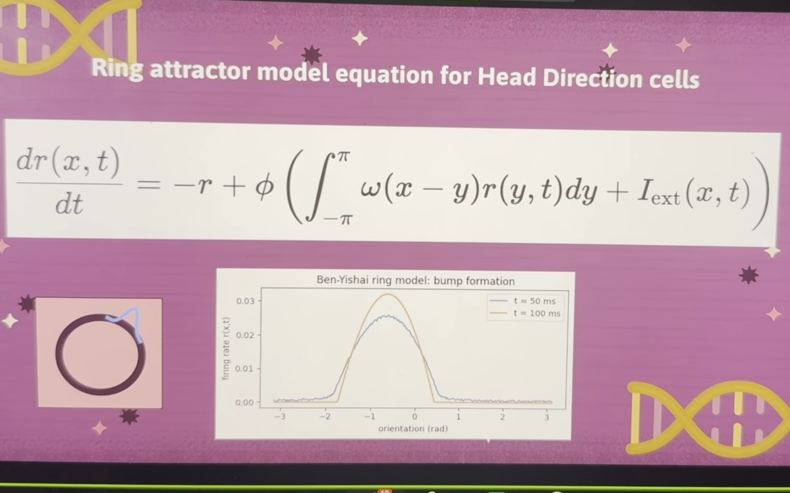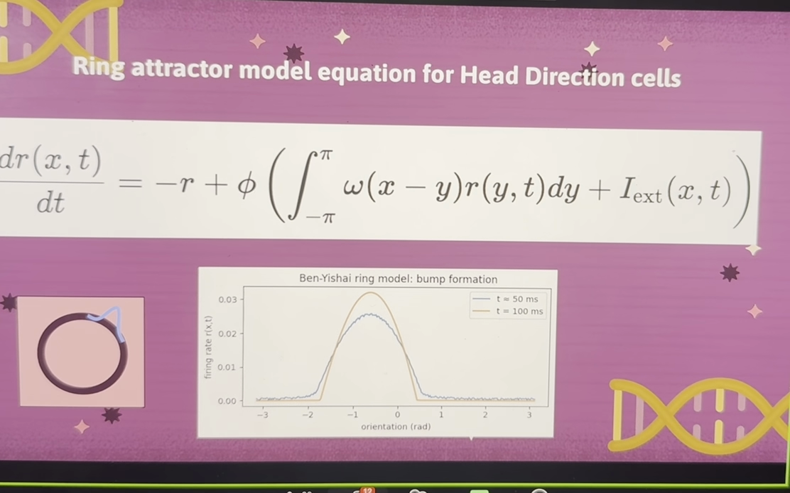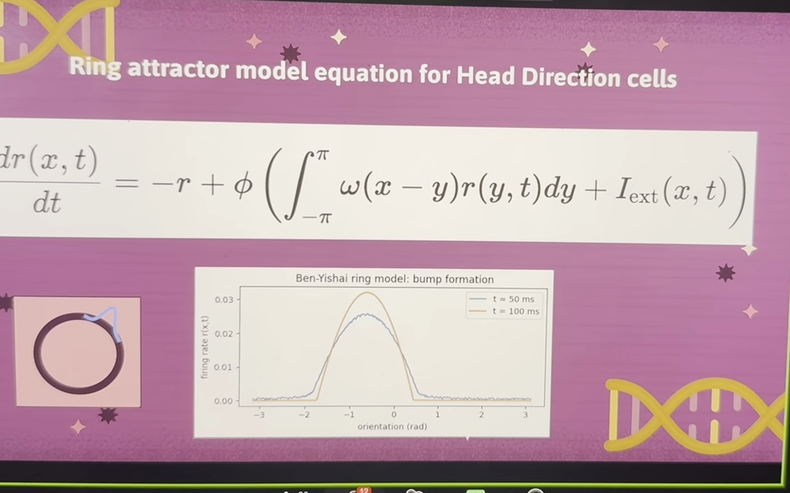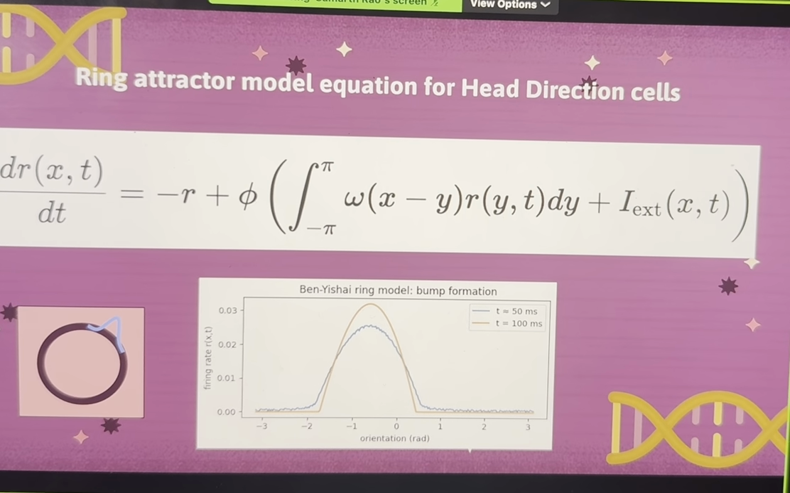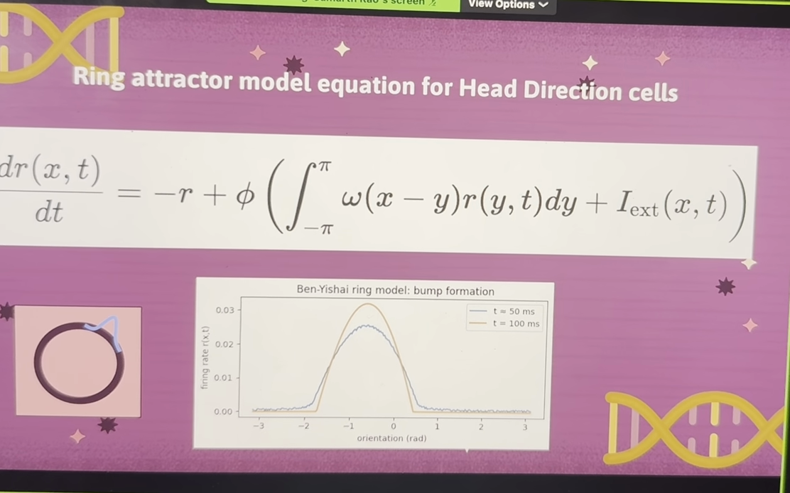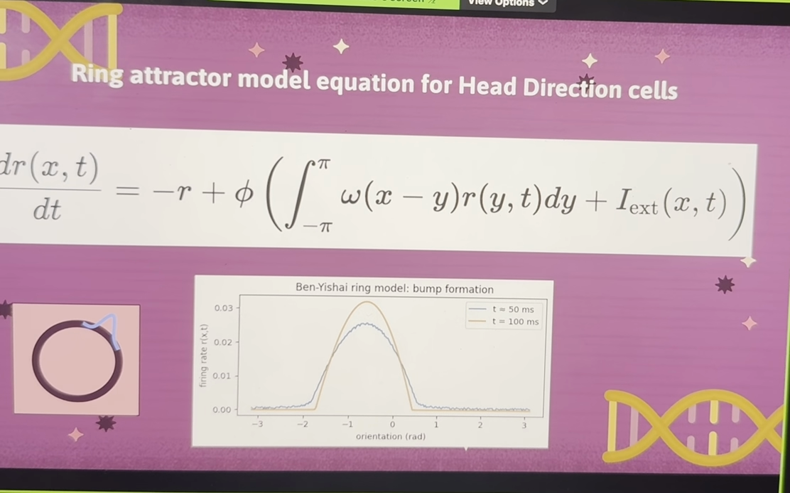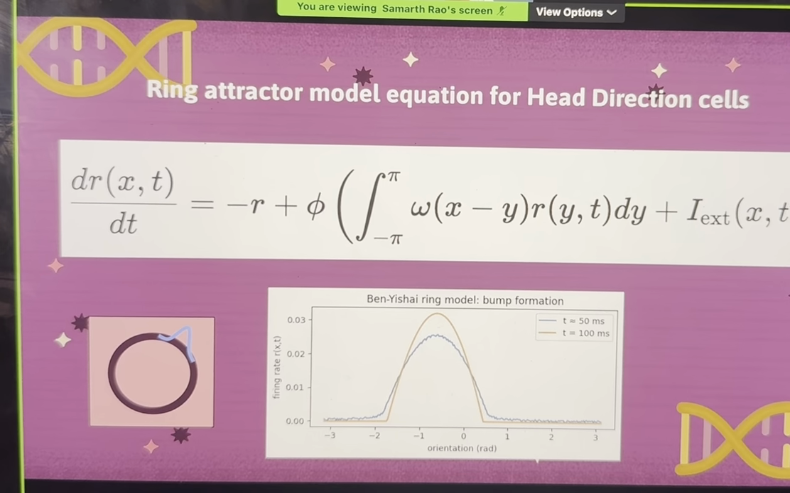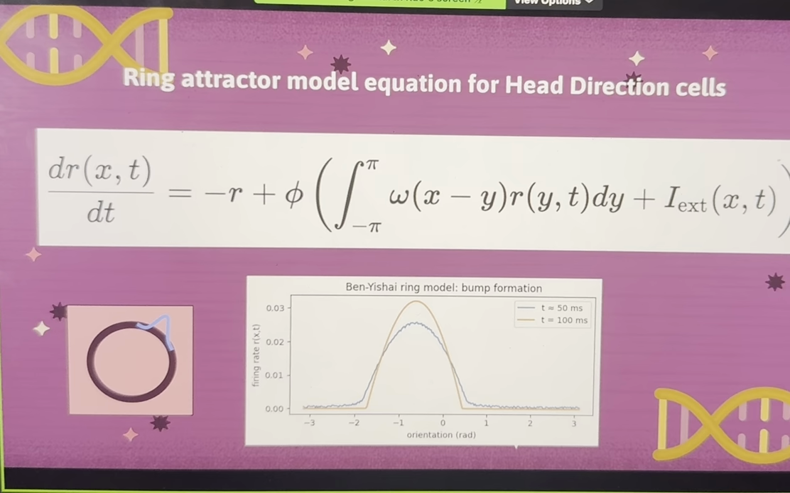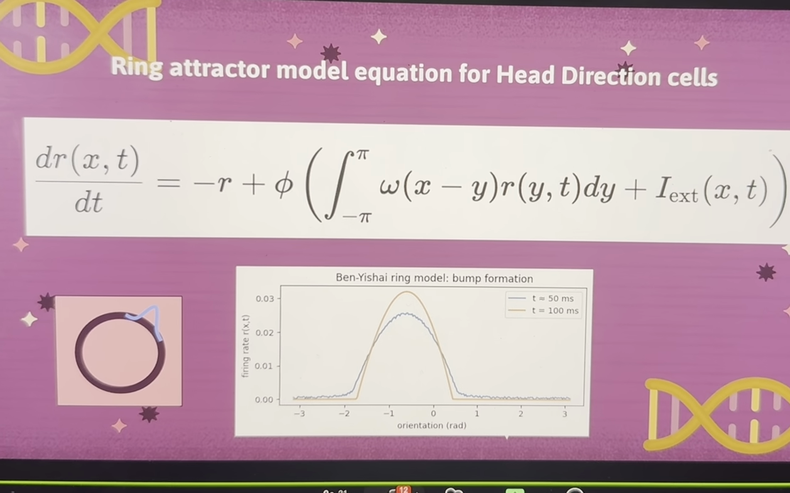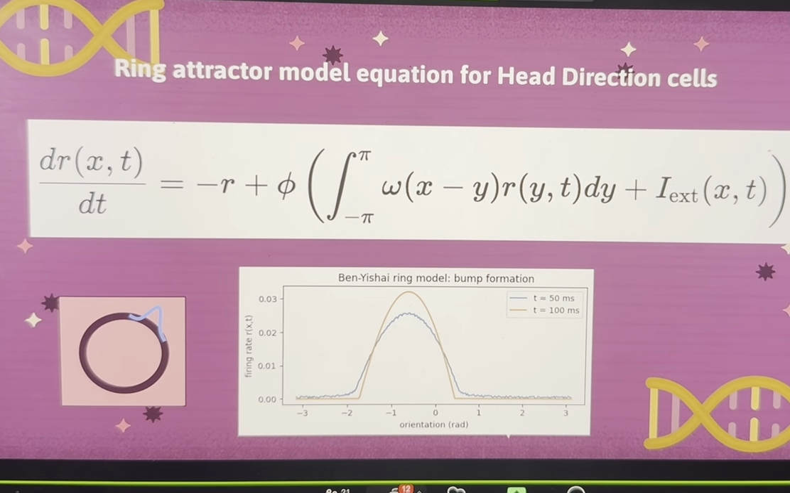We can see this on the graph of our model, which shows a clear bump of activity centered around the neurons that represent the animal's current head direction, around between -1 and 0 radians. Also, the orange line represents our simulation with 100 millisecond intervals, and the blue line represents it with 50 millisecond intervals. So we can see the orange line is more accurate because it's